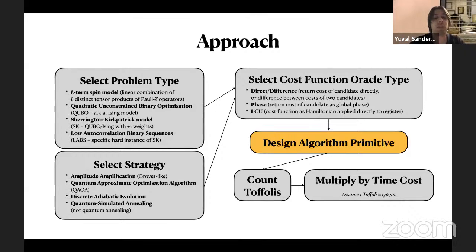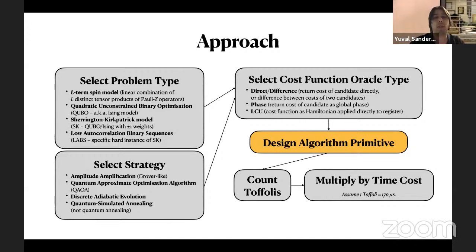And then we actually looked at several different ways of doing quantum simulated annealing. I'm going to stress that this is not the same thing as quantum annealing or simulated quantum annealing. You imagine simulated annealing as it would be done on a classical computer, but then you imagine the quantum computer doing that simulating rather than the classical computer. So the description of the algorithm is still inherently classical, whereas for quantum annealing, there's something quantum about that description. And that's what we mean by quantum simulated annealing.